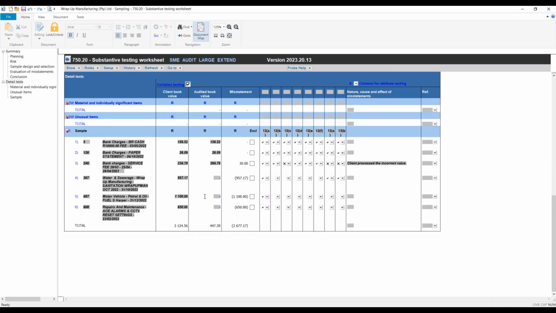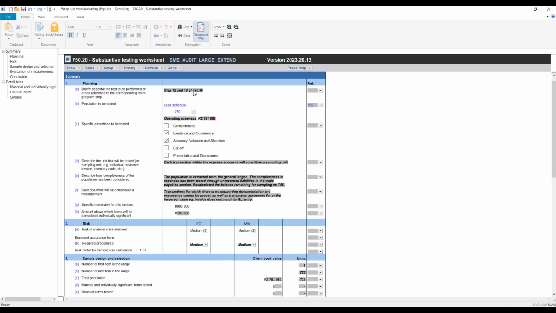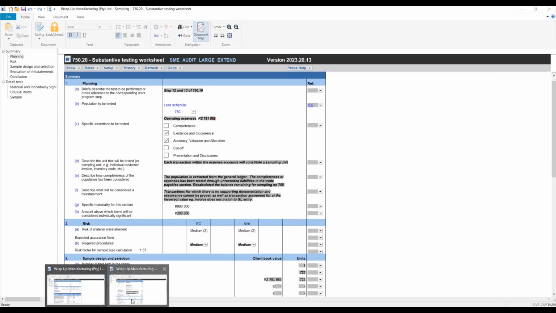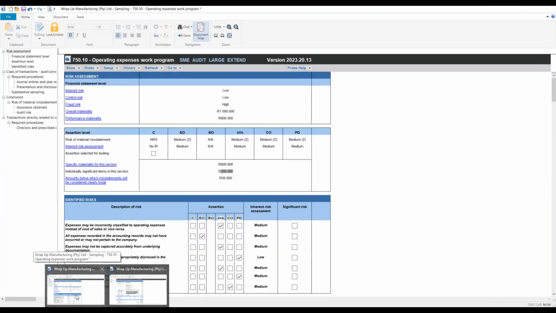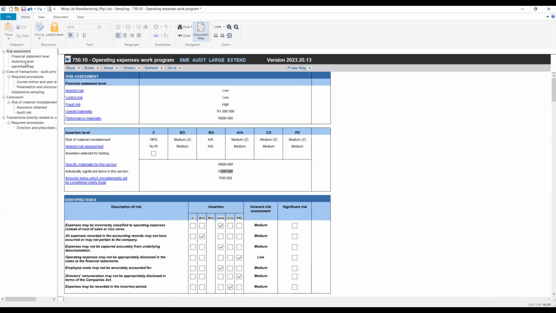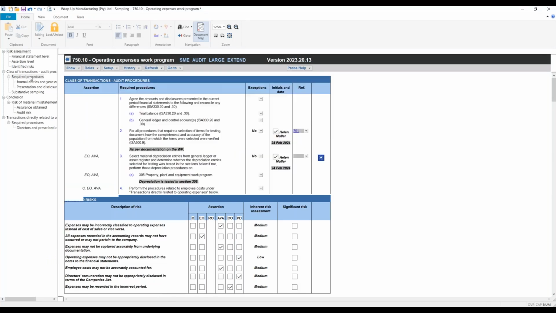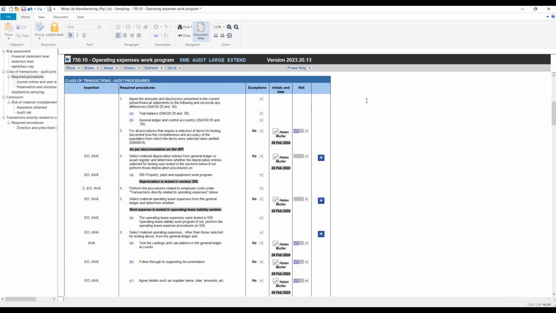Right at the bottom, we'll do some detailed testing stuff, but we're starting with our working paper documentation. So briefly describe the test that you're going to be performing. Now, in this case, you could have gone and documented a whole long story, but basically we can also just reference 750, just say step 12 and 13. Let's go and look at the work program and see what the actual steps are. So the work program is 750.10, and if we go and look at the required procedures,